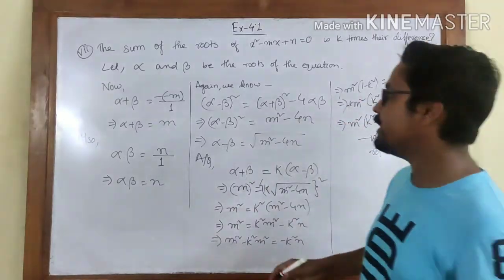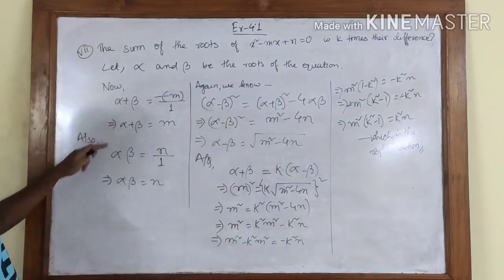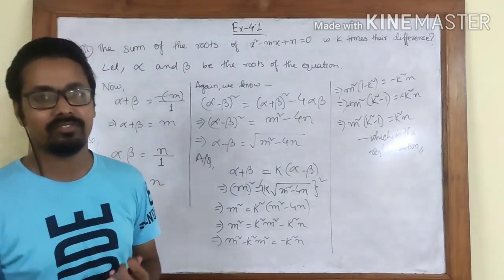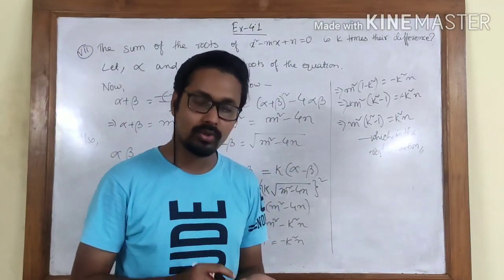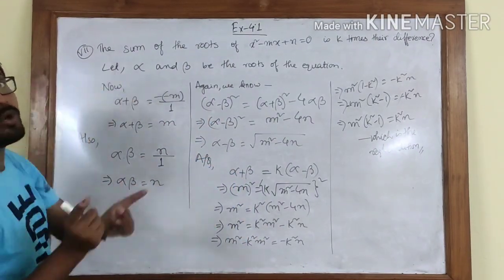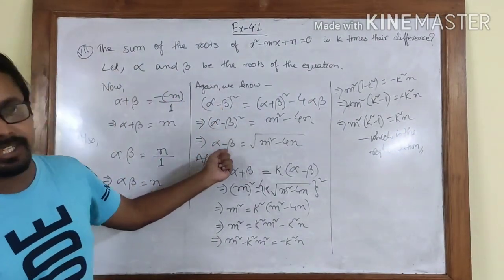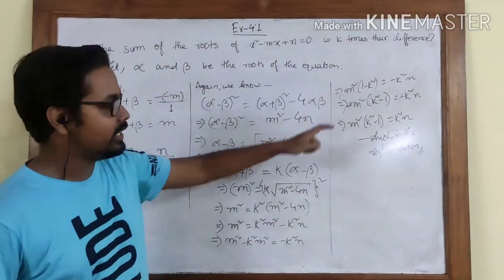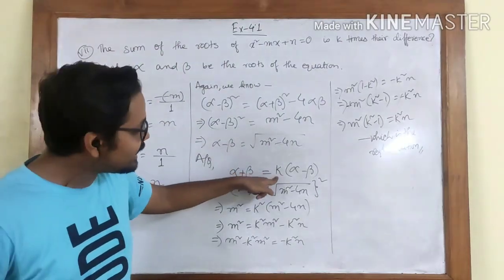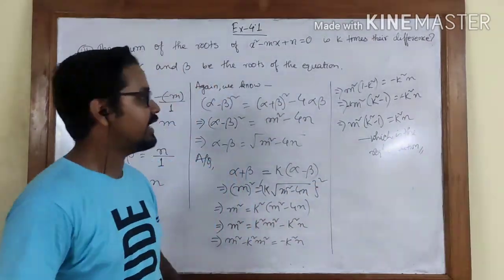That's how you solve. Here it was asked about sum and difference. So that is the reason why I had to find these two values, because these two will help me in finding the difference alpha minus beta, because generally we don't have a formula for the difference of roots. We know for the sum of roots, we know for the product of roots. So we will use whatever we know, alpha plus beta and alpha beta. Using these two values we will find out alpha minus beta. And once we get alpha minus beta, it becomes very easy, because they have already mentioned that the sum, that is alpha plus beta, is equal to k times the difference. And then we can solve a general algebraic equation and get the required condition.